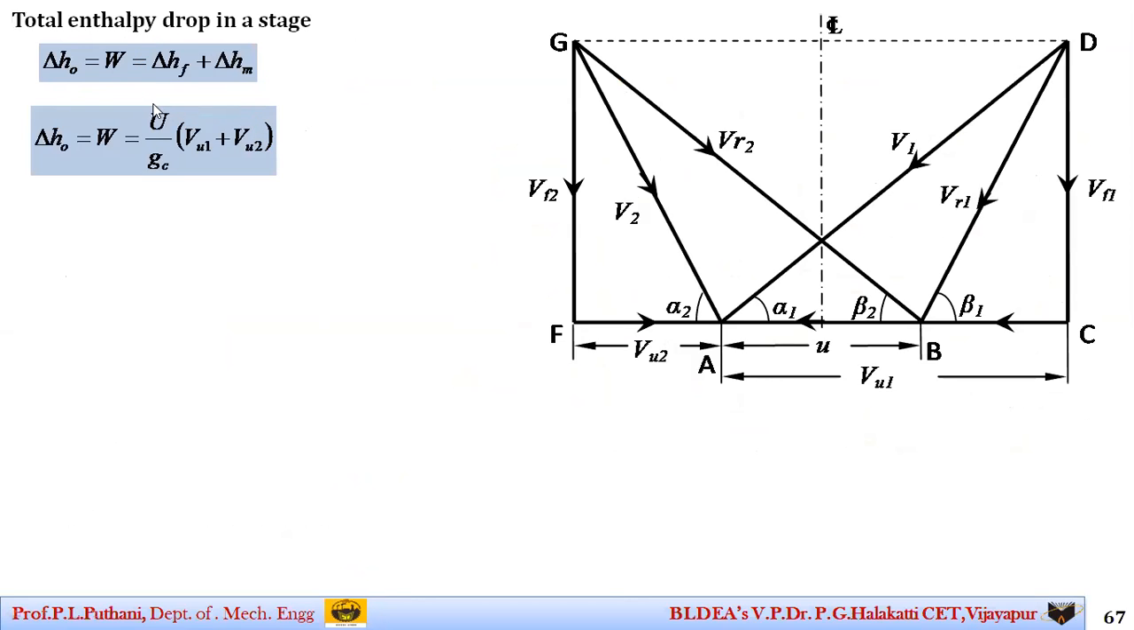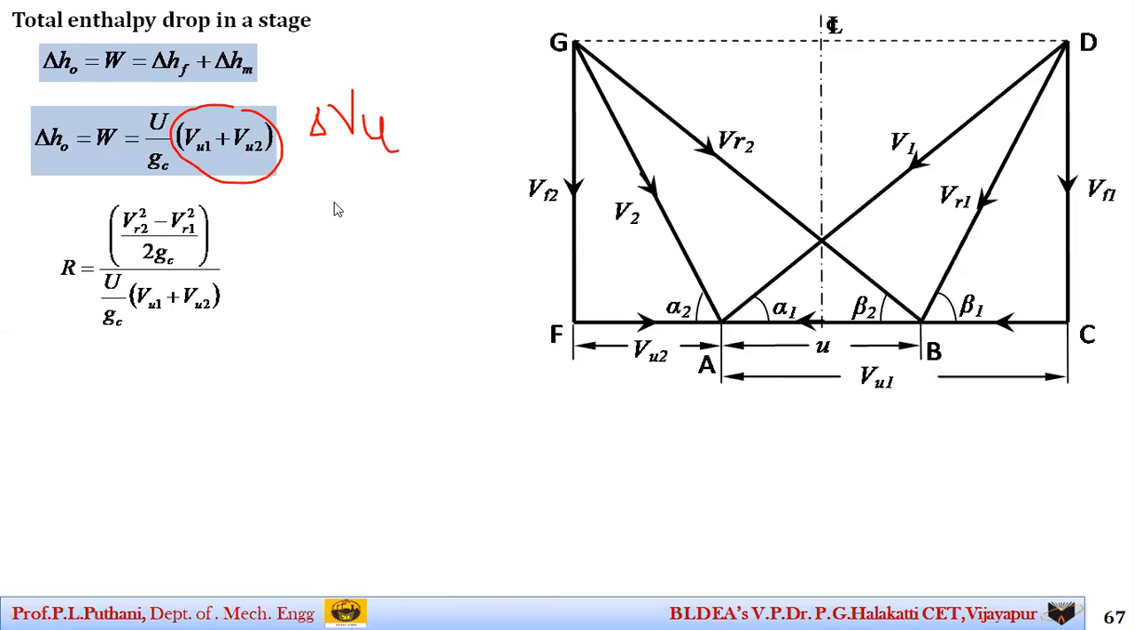So our Euler's energy equation I can write as U into (Vu1 plus Vu2) by g, which together represents delta Vu itself. That is the Euler's energy equation which I have studied previously. So the degree of reaction, I said, is the ratio of the moving blades' enthalpy drop, that is delta Hm,